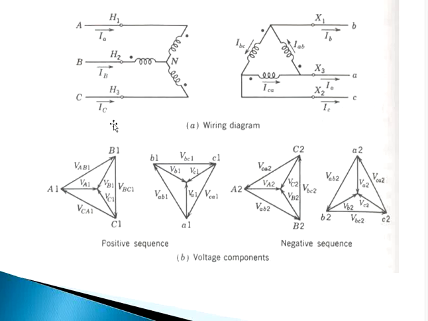Okay, line voltage is nothing but the voltage between the two lines, the voltage between A and B. So the voltage between A and B, I can write as the sum of the voltages from A to N and N to B. That means the vector sum of this voltage and this voltage gives the line voltage. The same thing here, VA1, VB1. VA1 is the voltage between A and neutral, and VB1 is the voltage between N and B. So the sum of these two will give VAB1. This is the line voltage.